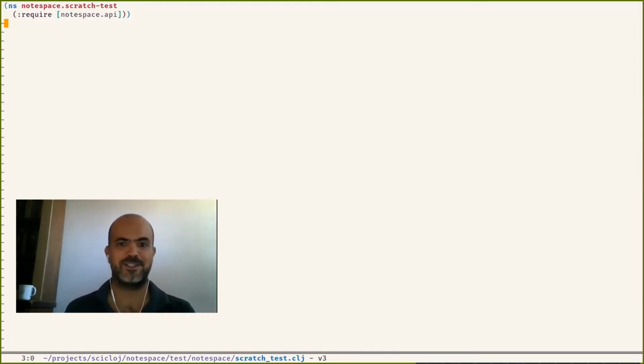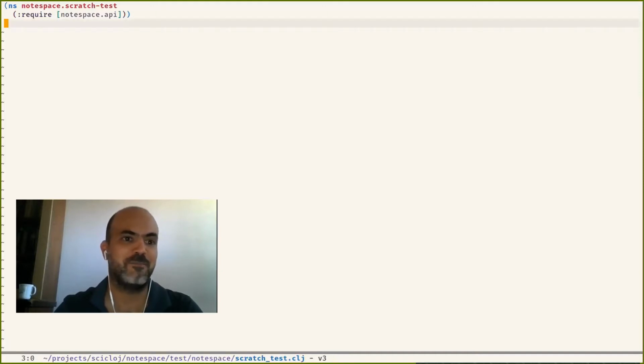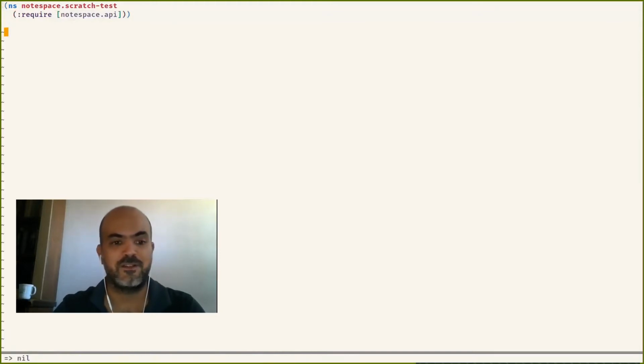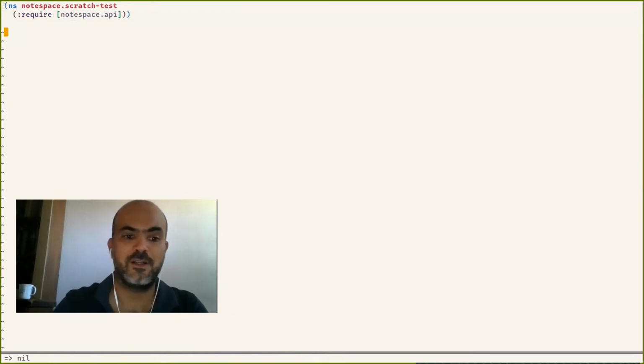So let us do something. Here we have a Clojure namespace. And that namespace is requiring just the main entry point of the Notespace API. And the first thing to do would be to initialize the